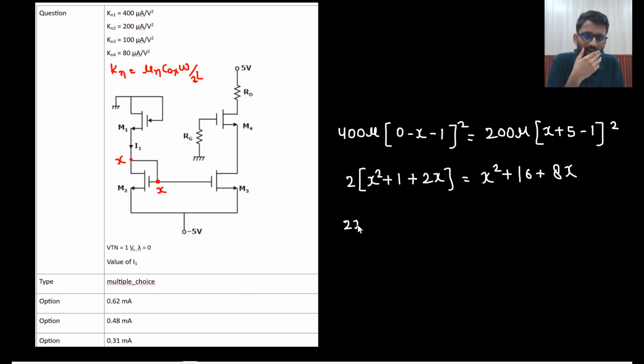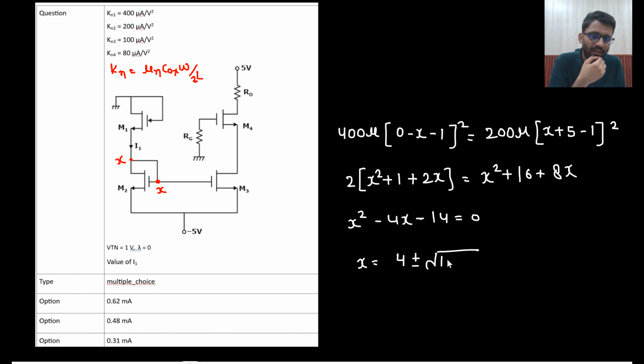So 2X square minus X square would be X square, plus 2 minus 16 would be minus 14, and better, minus 14 we will write later on. 4X minus 8X, that would be minus 4X. 2 minus 16, minus 14 should be equal to 0. So X value is minus B plus minus root B square minus 4AC